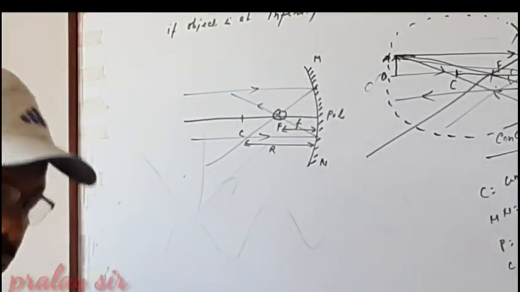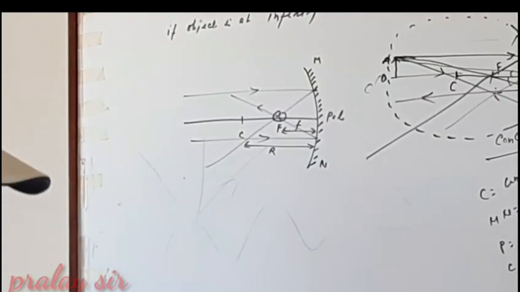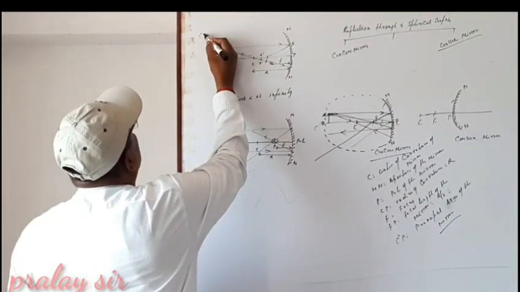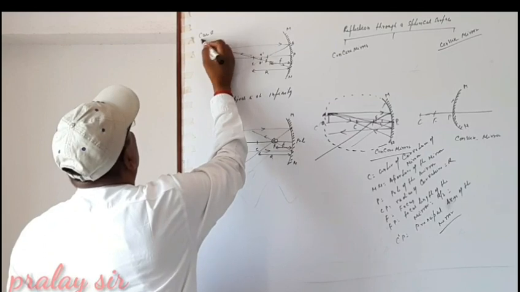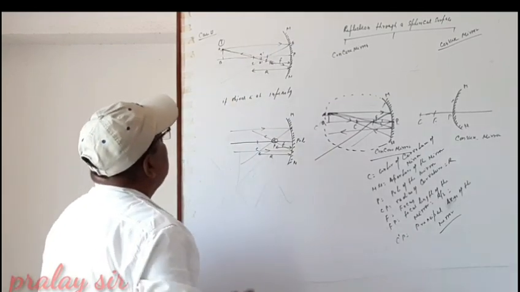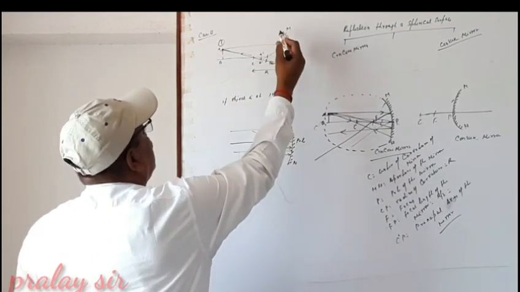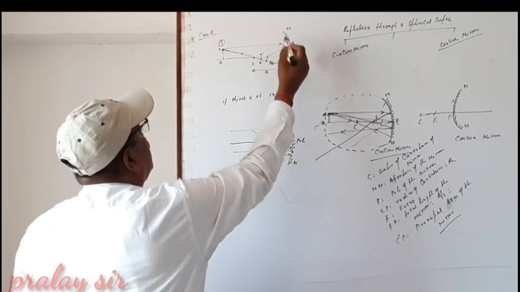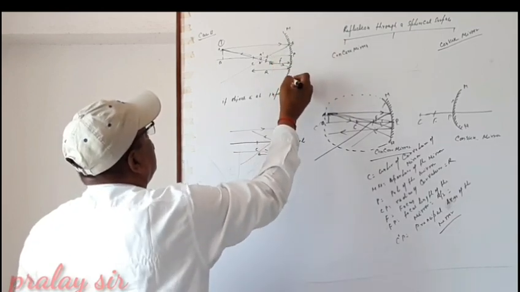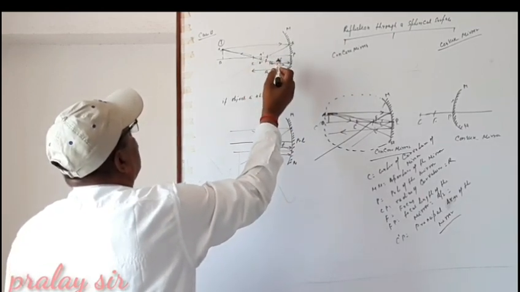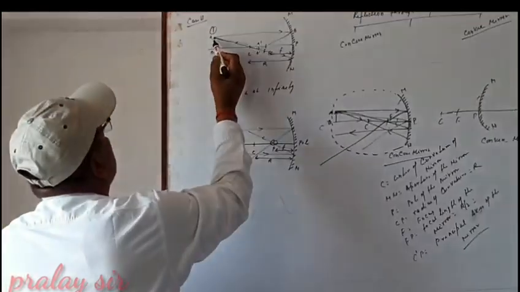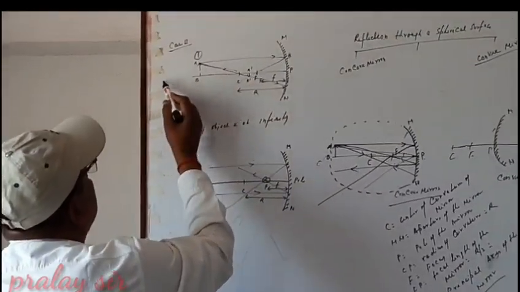Next case is case 2. Here is the figure. MN again is a concave mirror, the case is the same. If we are keeping our object between infinity and C,